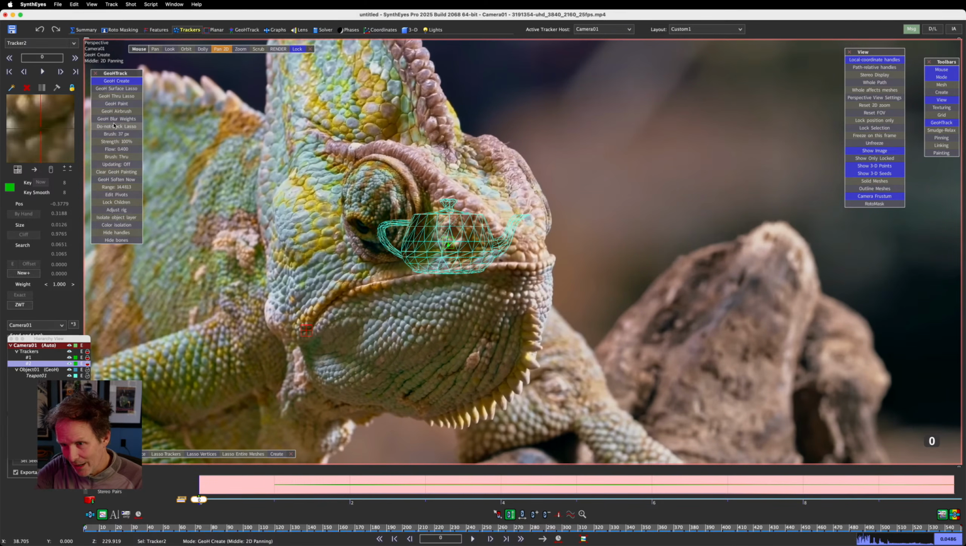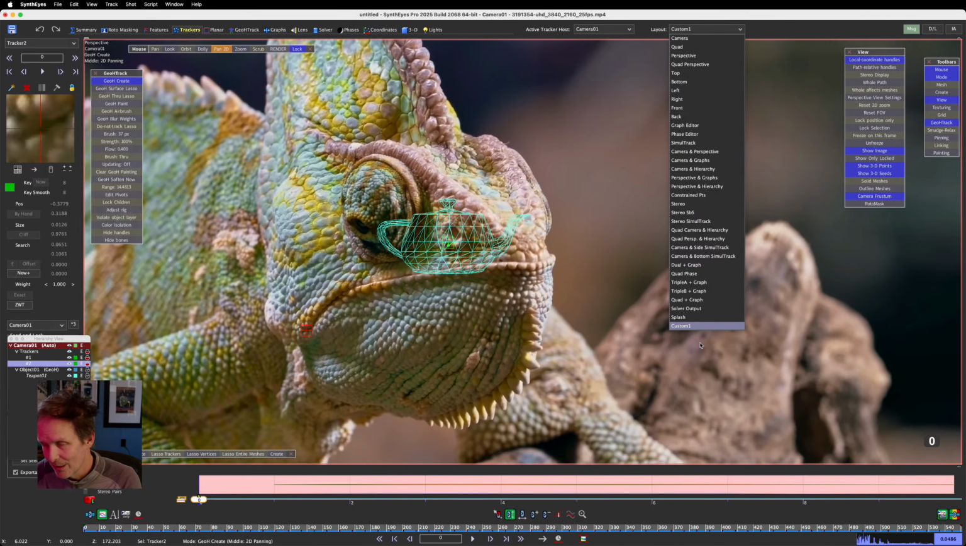You can stay in the trackers room. You can select whatever layout you want. I've just created a new custom layout by making this camera view the perspective view. I just want to let you know that. So be that as it may, I am going to